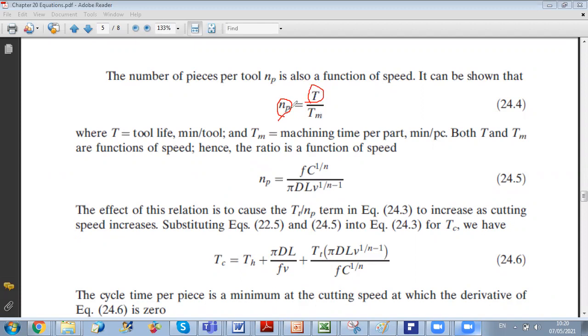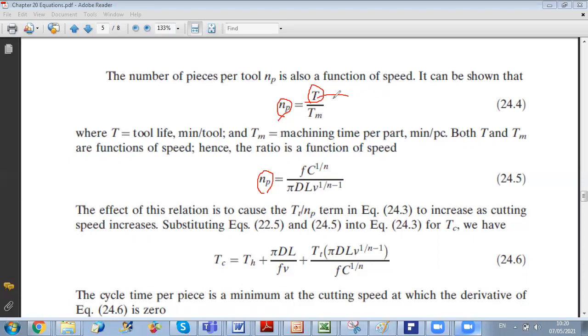This will allow us to find the expression of NP, the number of pieces, as a function of the cutting speed. Why? Because the tool life can be related to the cutting speed through the